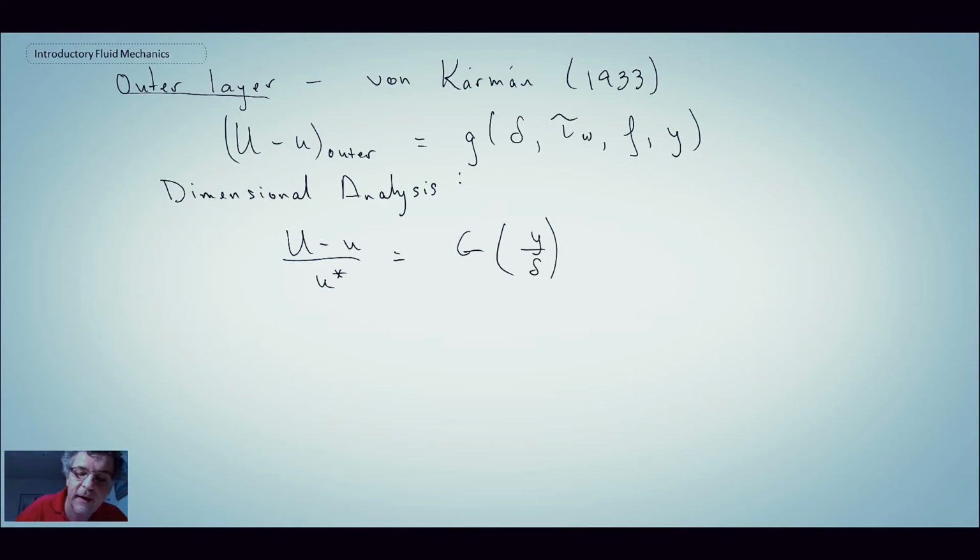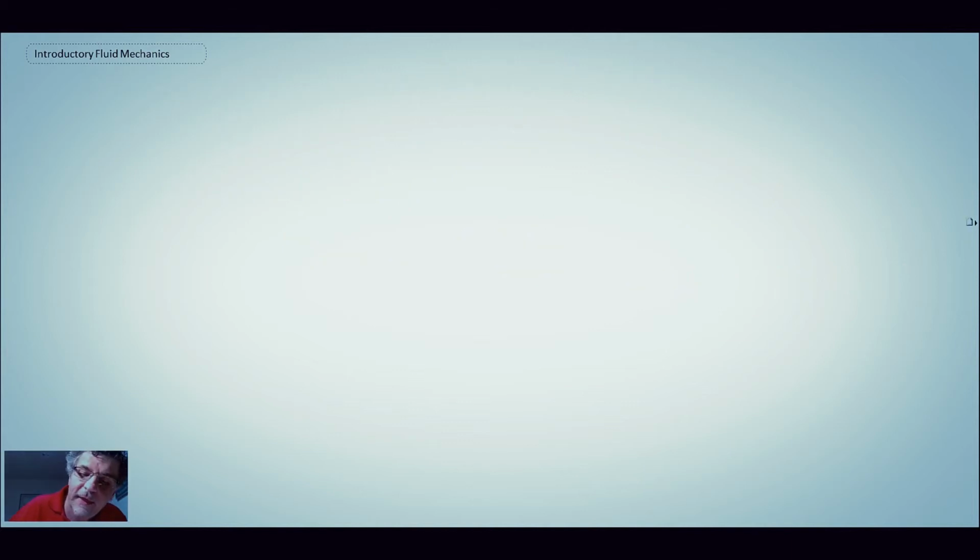And he did scaling based on the boundary layer thickness, that's delta there. This is equation 2. And this is referred to as being the velocity defect law. So we have law of the wall, we have velocity defect law. And that was in the outer region or the outer layer. And then in the middle, the overlap region,